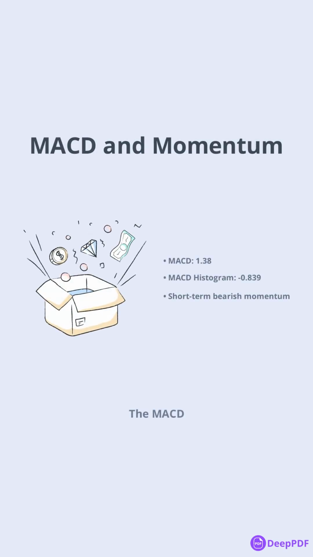The MACD, or Moving Average Convergence Divergence, is a key momentum indicator. TXN's MACD is at 1.38, with a signal line at 2.22 and a histogram of -0.839. The negative histogram and momentum values suggest bearish momentum in the short term. Additionally, the MACD momentum is -0.89, reinforcing this view. These readings indicate that sellers currently have the upper hand, but let's see what the RSI tells us about potential